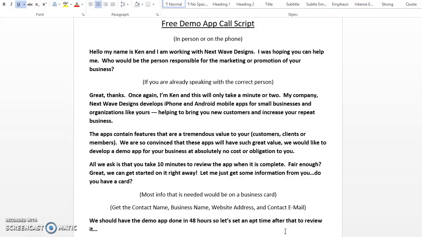When I first got started, what I did is I took this magical piece of paper and I printed it out and I stuck it in my pocket so that when I went out and I was talking to people about seeing a free demo, I would have this piece of paper so that literally when I walked out the door after talking to my first person, I could get this piece of paper and I could look at it and see what I potentially had left out when I had gone through my spiel and talking to that first customer. So my suggestion is you do the same thing, because after rereading it, after walking out that first door,